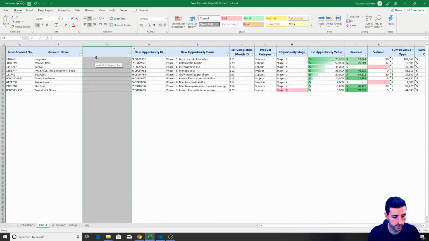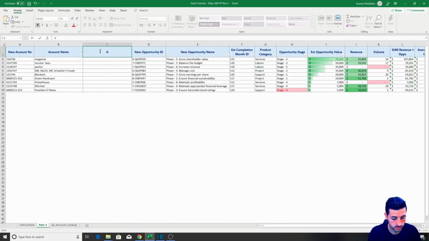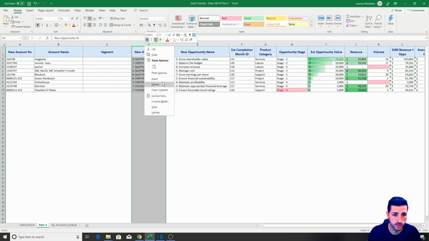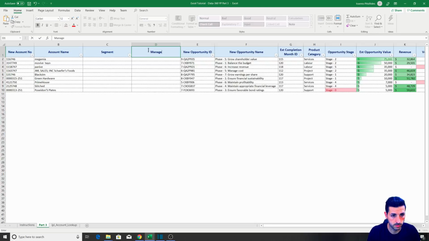So this is going to be the account segment, let's say, and then the manager. Insert, manager. I'm just demonstrating how to do VLOOKUPs now, how to join two different data sets together. So equals VLOOKUP.